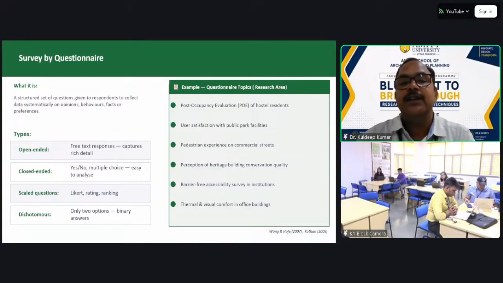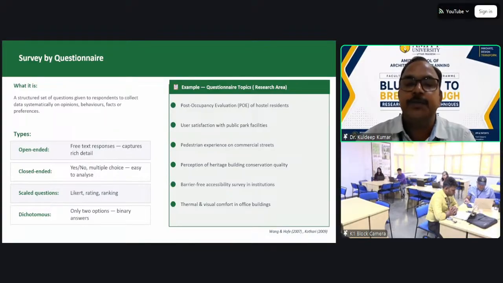Questions such as, is the building accessible to a wheelchair? This question will ask simply yes or no, nothing else. And examples where this questionnaire can be used in our architecture domain include perception of heritage building conservation quality, user satisfaction in public parks or transit stations, thermal and visual comfort studies, barrier-free accessibility,